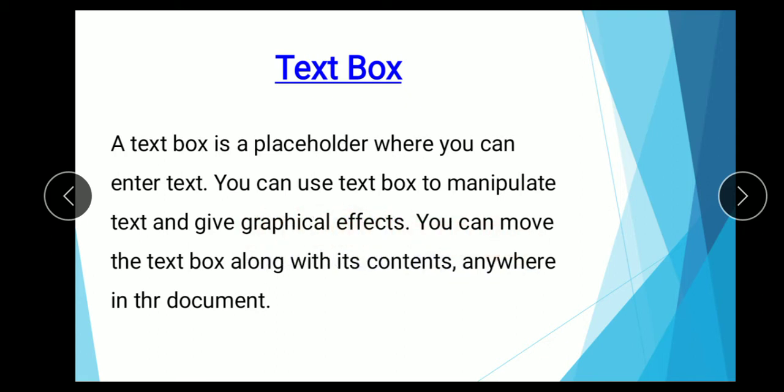You can move the text box along with its contents anywhere in the document. It is an easy way to move your text to any corner of your document.